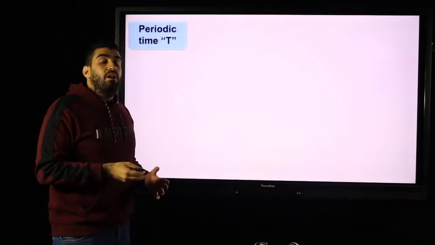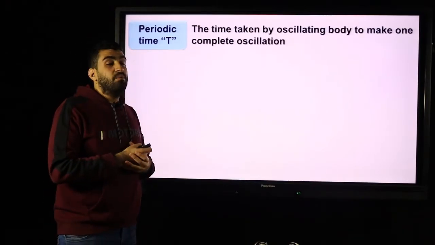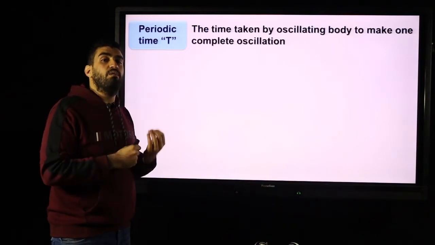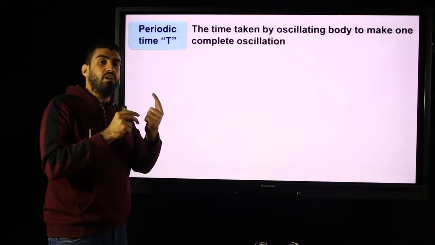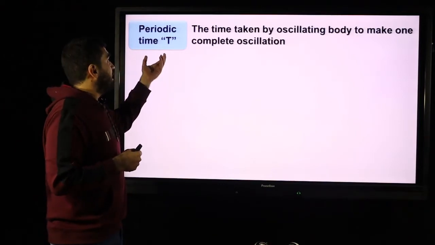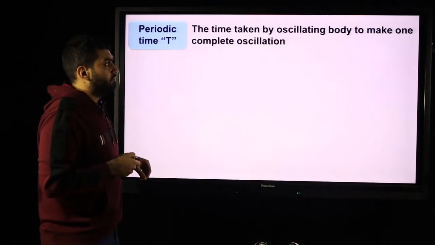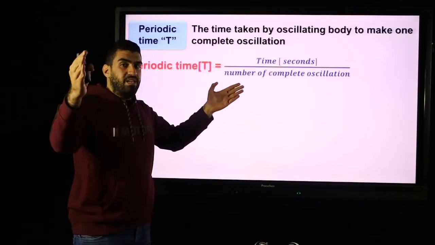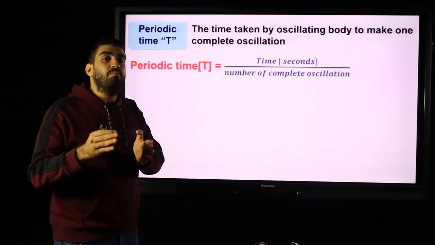Periodic time, the third concept. The time taken by an oscillating body to make 1 complete oscillation, or 4 amplitudes, same meaning. 4 amplitudes means 1 complete oscillation. The time taken to make 1 complete oscillation is called periodic time. And periodic time equals the total time taken by the body over the number of complete oscillations made by this